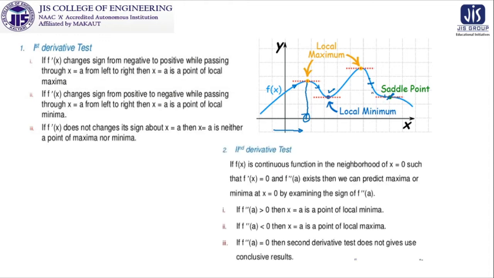So the second derivative test tells us that after identifying what is local maxima and what is local minima, we have to find out what is the value. So actually two things are there. First, at which point we are trying to find out, and second, what is the value.